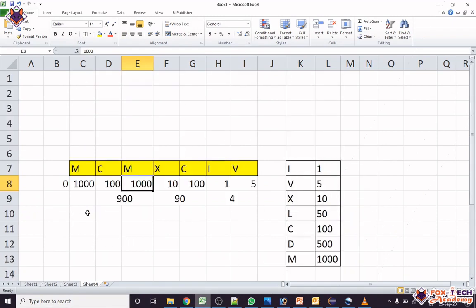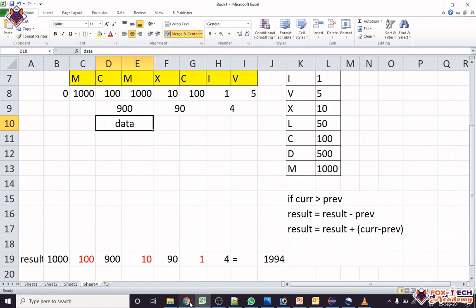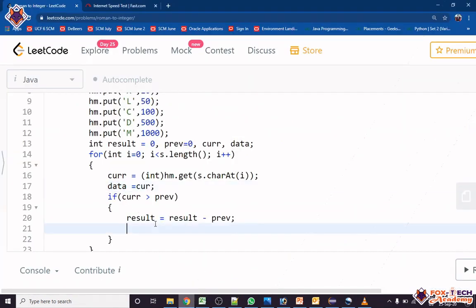What we are going to do is subtract the previous number from our current value, and that is 900. Suppose we have created one data variable, and this value we are going to add in the result. So here we will use data equals current minus previous, done.